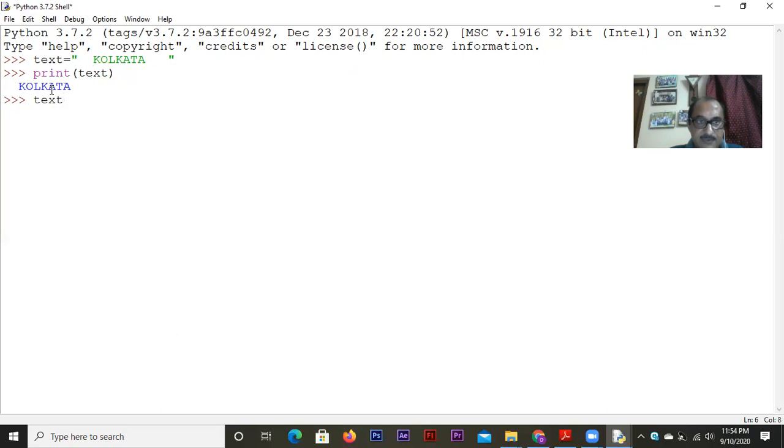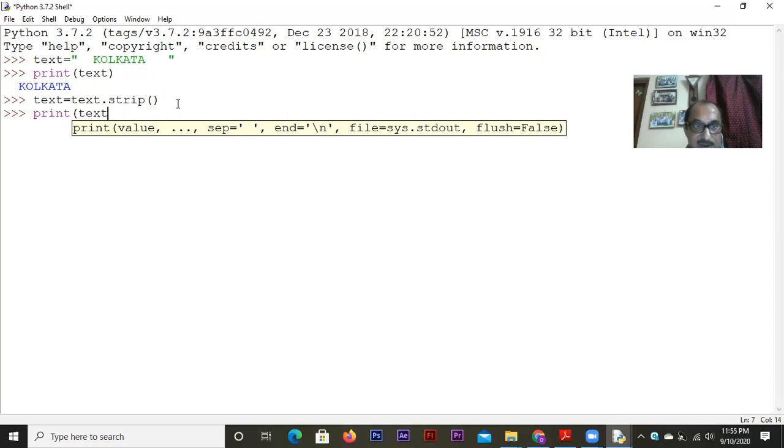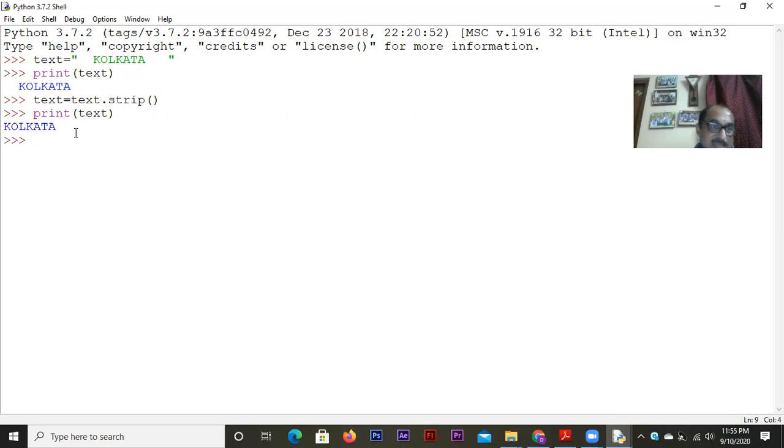Now what I'm doing is I'm writing text equal to text dot strip, and I did not mention any character here within the function bracket. So automatically it will take out all the leading and the trailing spaces, which are already present, we can see in the text. But if I do this, obviously whether the trailing spaces are gone or not, I will not be able to figure out, because spaces are followed by the string. But look at this, you can easily make out that the leading characters are gone. If you print, now look at this, Kolkata is printing from the first column of the screen. Okay, that is, it shifted extremely to the left side of the screen.